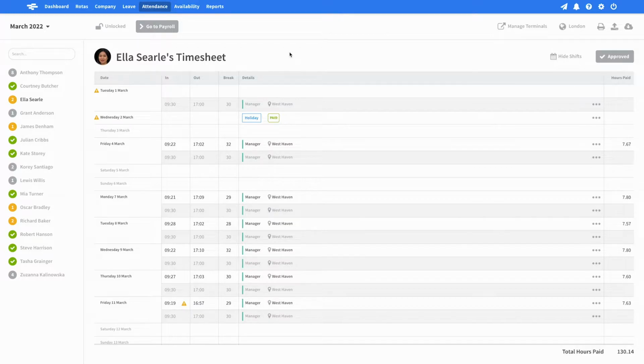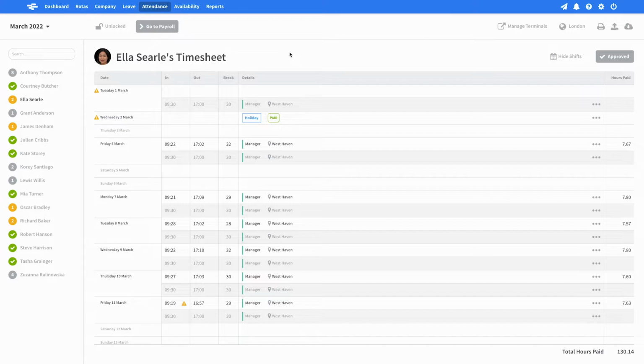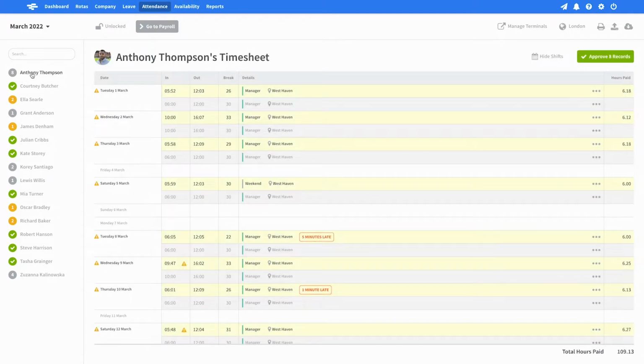If you're a manager-level staff member with the permission to view and edit timesheets, then you'll only see your own employees in this list, whereas admins will be able to see all staff. When you've loaded up the timesheet, unapproved entries show with a yellow highlight. You can approve these entries individually by clicking on the three dots to open the menu and clicking Approve. This menu can also be used to unapprove it, delete it, see more info, or add notes.